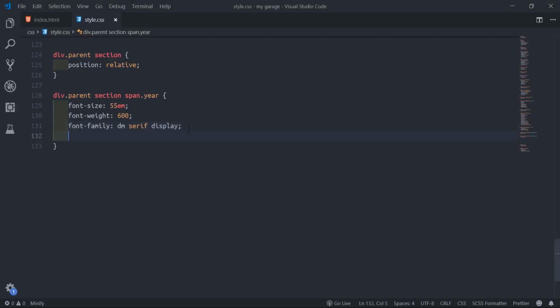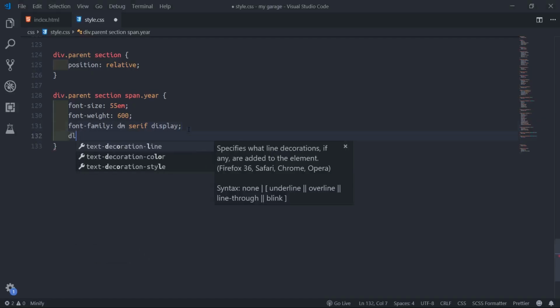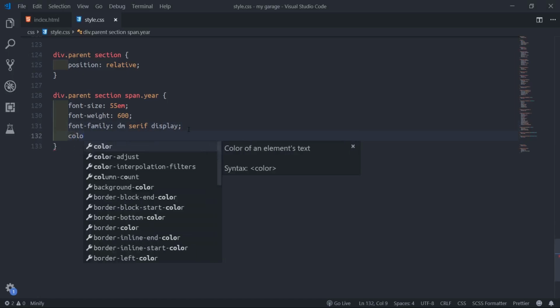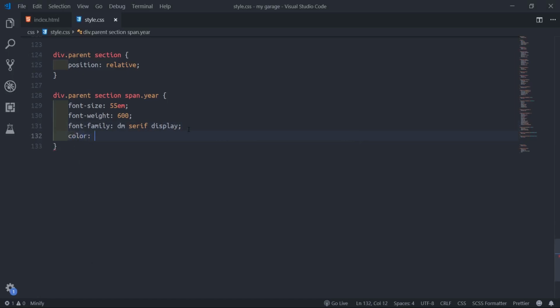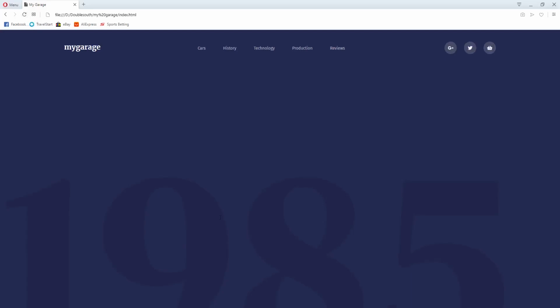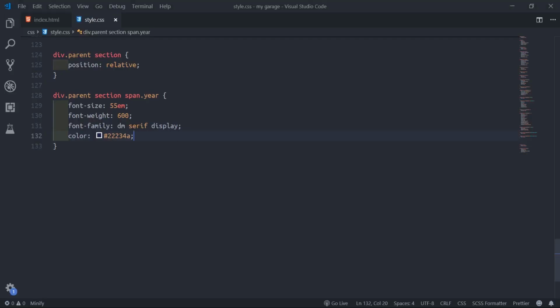I'll come down and say color. See, the big text is there, voila. We have a problem, so I'll refresh. See, it doesn't look faint. Let me move the color first.